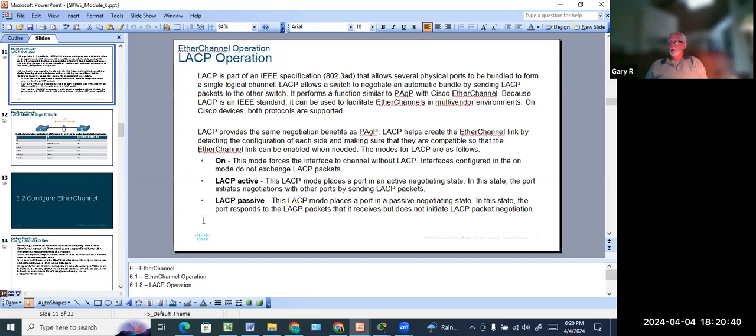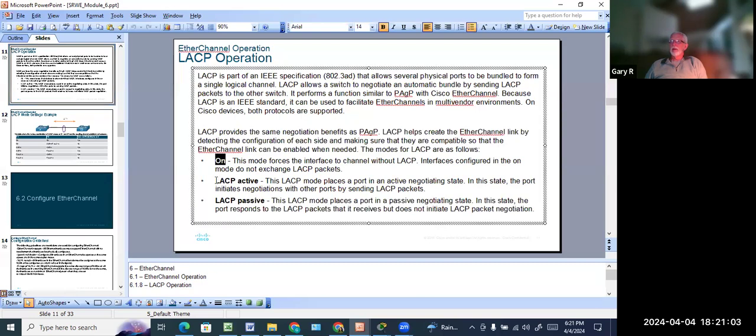The other protocol that you have available is LACP, Link Aggregation Control Protocol. And this essentially is the same as PAgP, the difference being that this is not Cisco proprietary. But we have these different modes here: on, active, and passive, essentially corresponding to the same states there with PAgP. So again, coming down to this